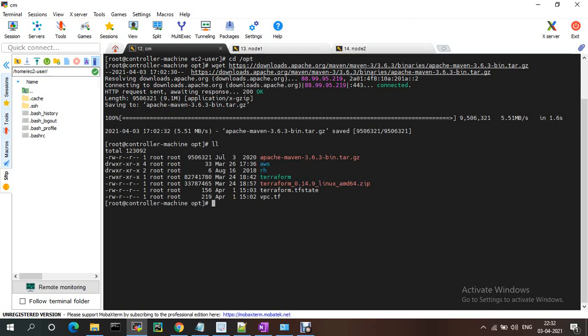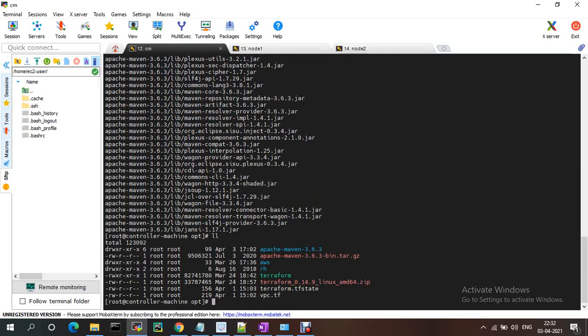I untar it using tar xvf apache maven, and it is extracted into this folder.